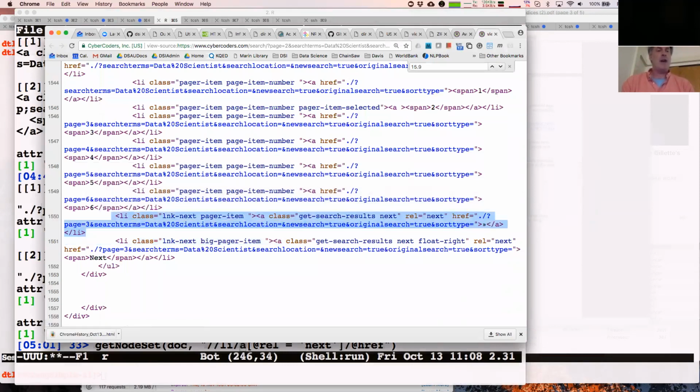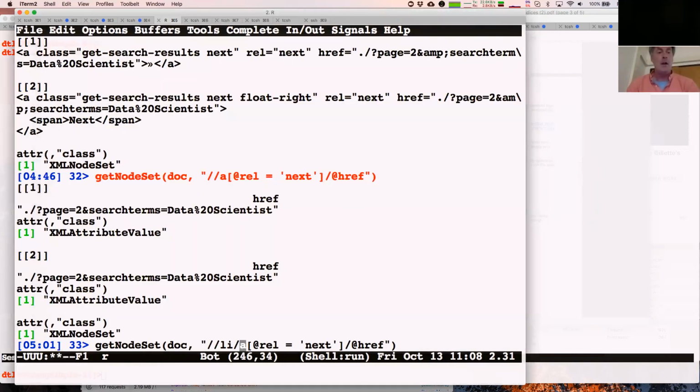So I could have said, I want a node that is called li, for list item, which has this class with link next, okay? And then I want to get the A element of that, and I want to get its href. That's if we didn't have this rel equals next, that might be the pattern I need, for example, okay? In which case I could say, go find me this li such that